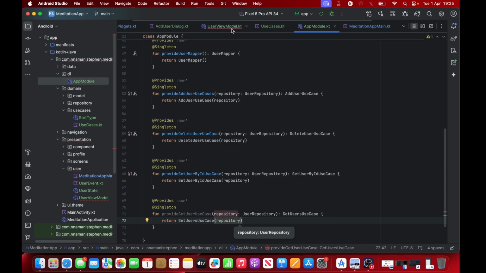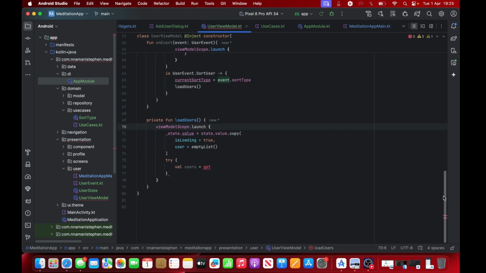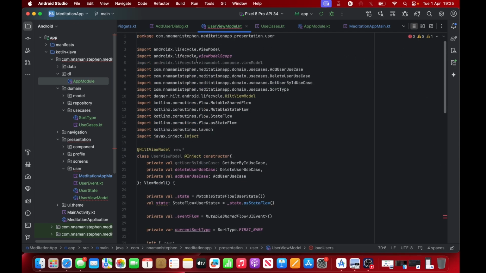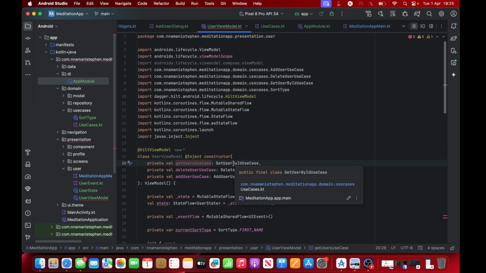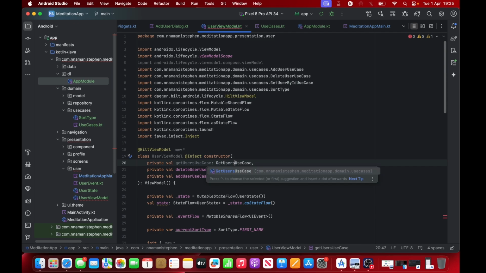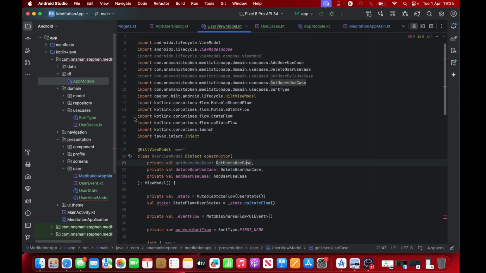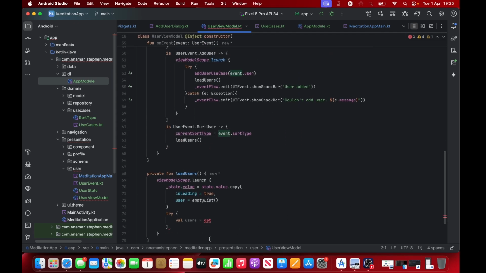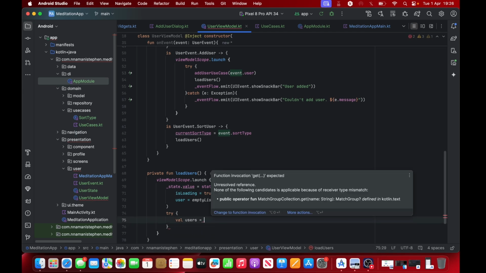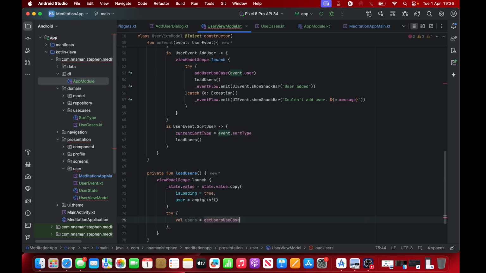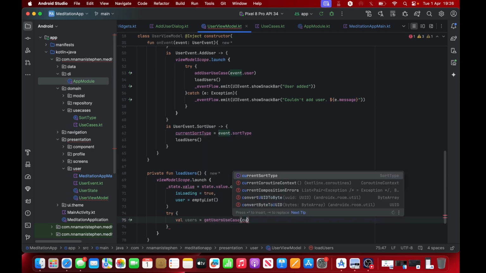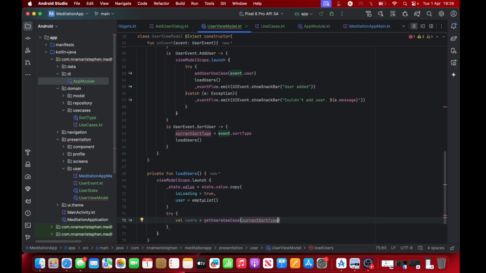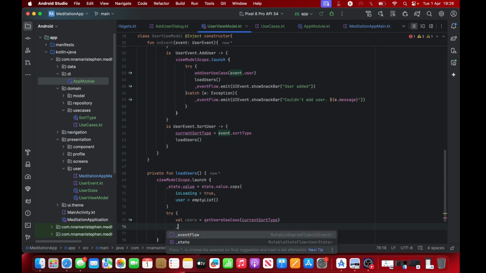So with that, that is what we're supposed to call here as the parameter, not get user by ID. This is get users. Yeah. So let's change this to get users use case. Yeah. So now we should be good to go down here. So now we're going to call the get users use case here. Yes, that's up now. So the current sort type that we have selected, which is first name, and now we'll call